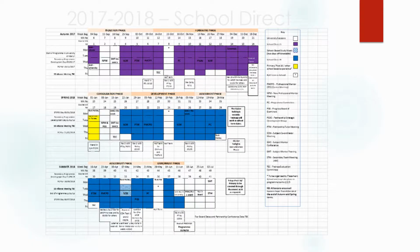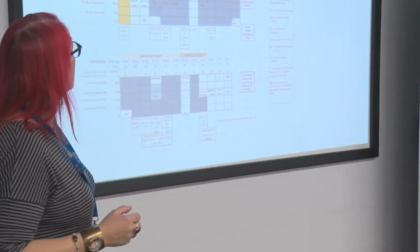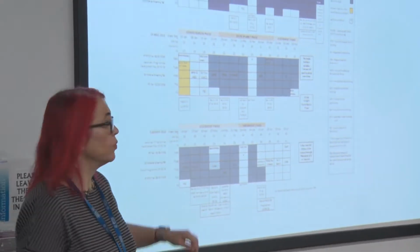A little bit different than Schools Direct. Different alliances have different models. We have 3 different models for Schools Direct. This is what we call an AB model, which is where students...